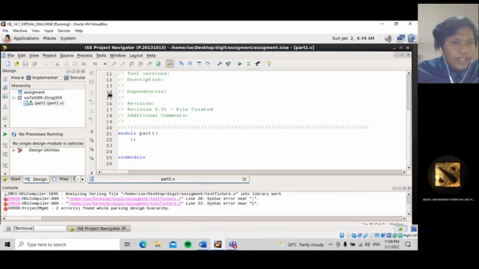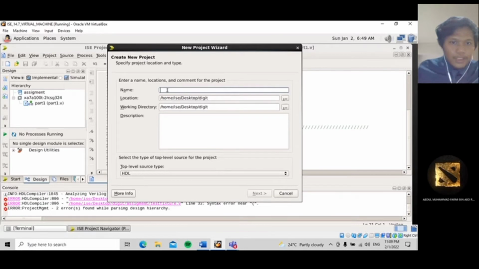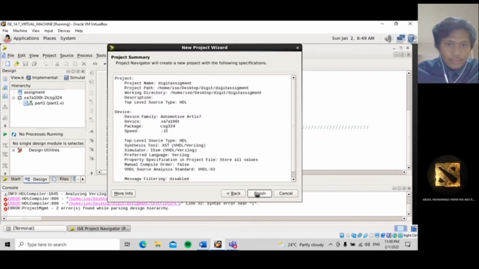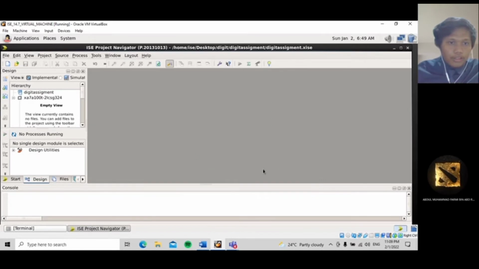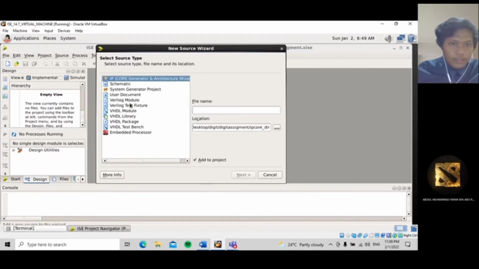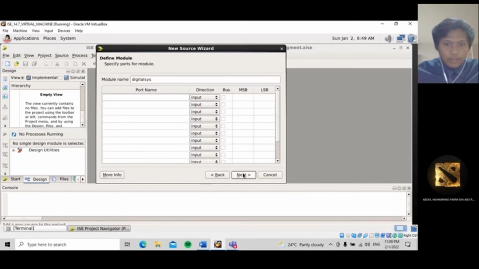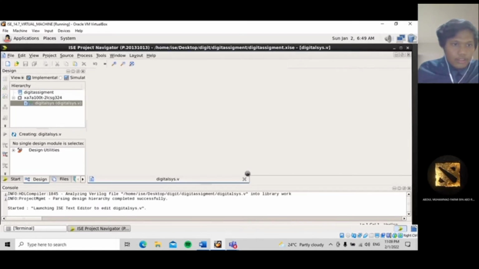Firstly, I will guide you how to create a project. Select a new project, give any name you want, then finish. After that, create a new source and choose a Verilog module. Give it a name, then finish.